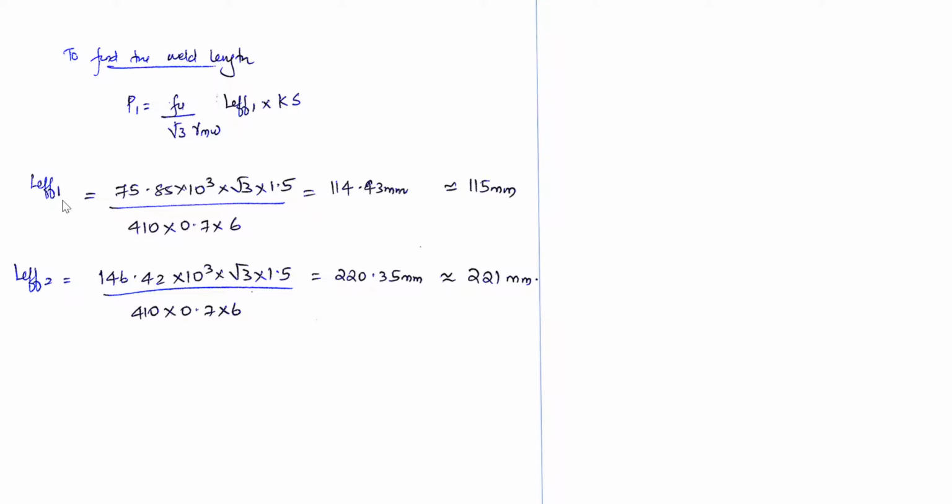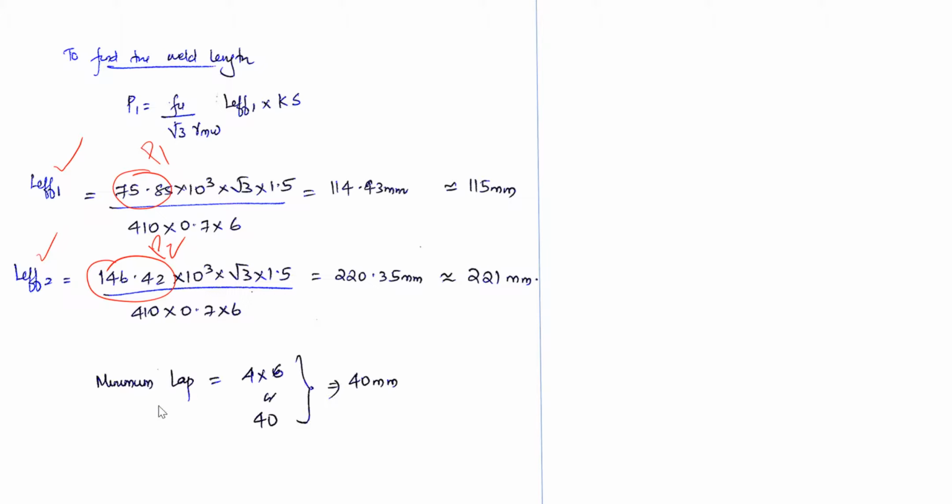So L effective 1, that is corresponding to P1. L effective 1 is corresponding to P1. I'll get the value for my weld as 114.43. That is, I will round it to 115. And L effective 2, that is 142, 146, that is your P2. This is your P1. This value is P1 and this value is P2. Correspondingly, you will get the value for L effective 1 and L effective 2 as 115 mm and 221 mm,